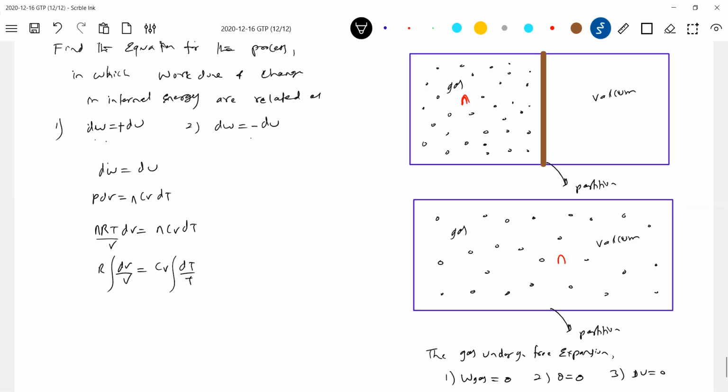Okay, sir, what about the temperature, it remains the same? What about the volume, from V by 2 it has become V. So earlier it was a vacuum here, no? There was no gas here. So it has expanded. So work done by gas? The reason for that, there is nobody to accept work done by the gas. There's no agent to accept work done by the gas. That's why the gas will not do any work. So though the gas expands, if there is no agent to accept the work done by the gas, then the work done by the gas will be zero. Then it becomes free expansion. This is the idea.